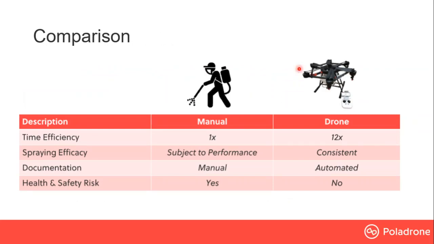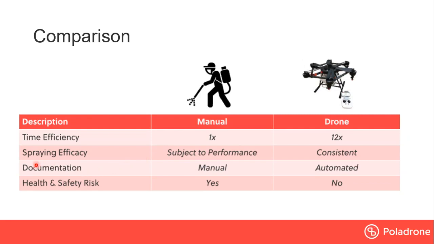We have made a simple comparison between using human labor and using drones. For time efficiency, I would say it's 12 times better. According to some of our clients, for human labor, in 1 day they can spray about 1 to 2 hectares max. But for drones, on a 1 day, 8-hour operation, we can spray about 12 hectares, which is how we get the number of 12 times better. Also for human labor, the performance is subjective. There's no way for you to check whether your labor is doing a good job, whether they have properly spread evenly on the land or not. But for the drones, everything is consistent because everything is automated. So you have no worry on that part.